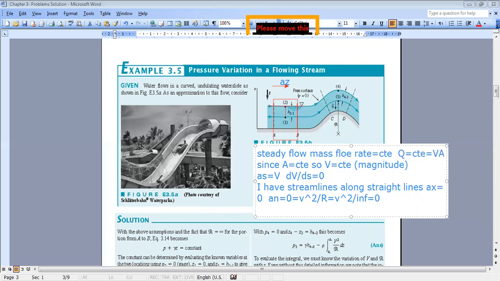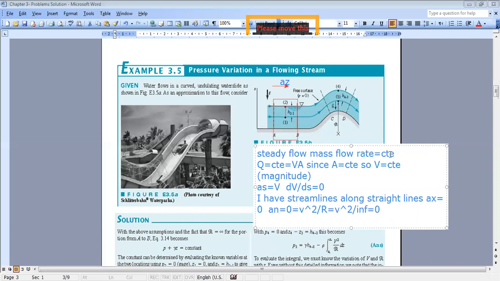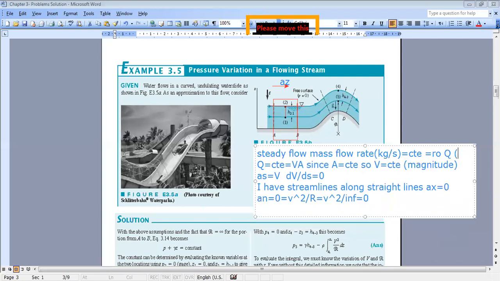Since my flow is incompressible, we know that the mass flow rate is equal to rho times Q, which is the volumetric flow rate. The unit for mass flow rate is kilogram per second, and it's equal to rho times the volumetric flow rate, and the volumetric flow rate has a unit of meter cube